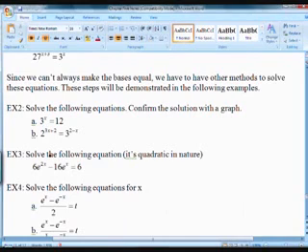So here we go. Example 3. Solve the following equations, and notice the hint I gave you is